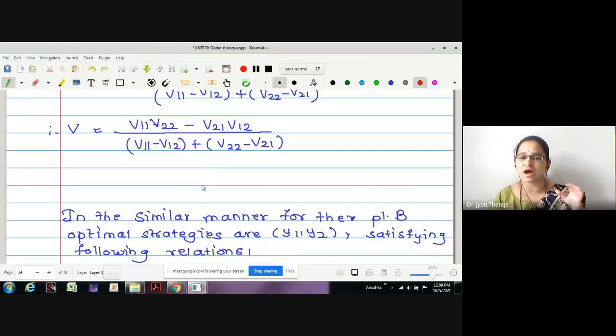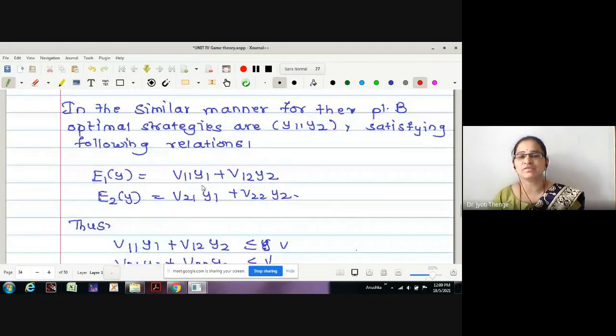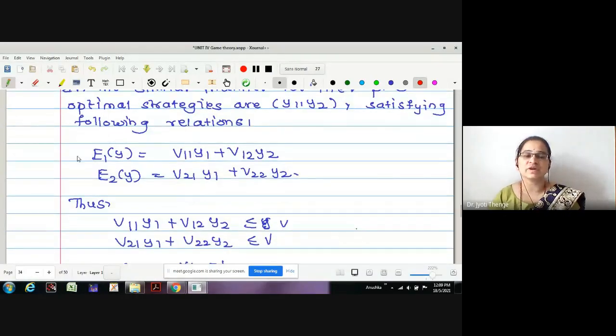Similarly, with a similar argument, let us write for player B. For player B, what were we writing? We were finding the maximum loss. Therefore, first we will write the expected loss if A plays the first strategy. This is the loss to player B if A plays